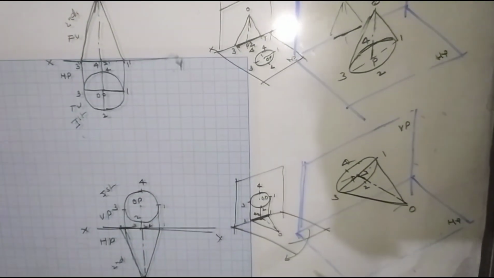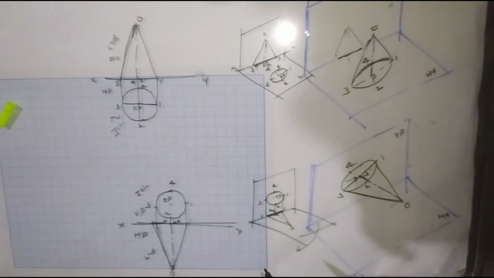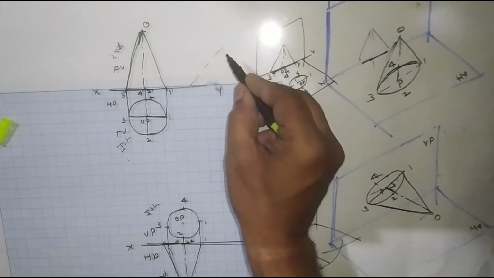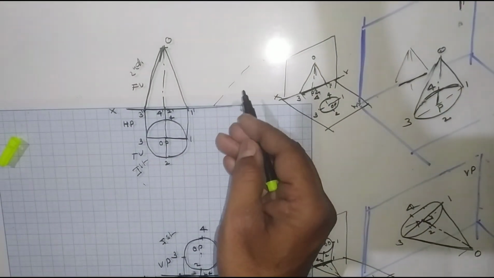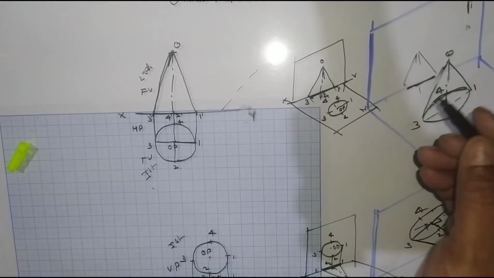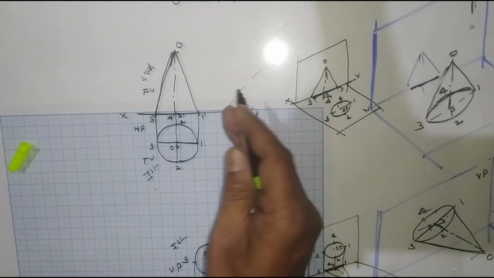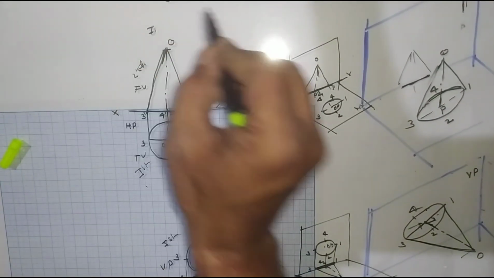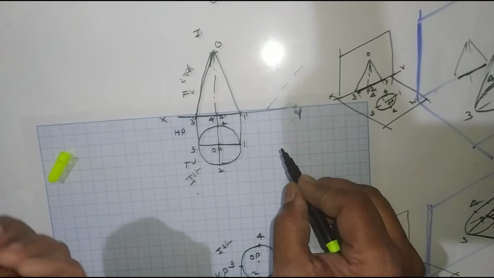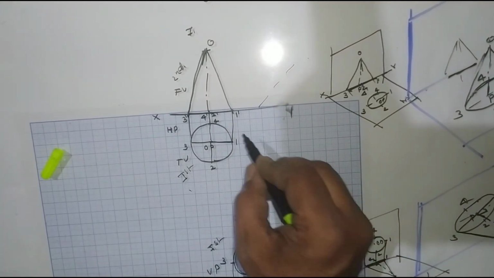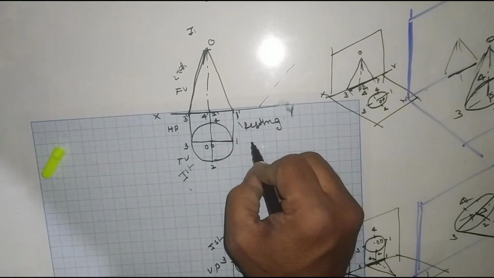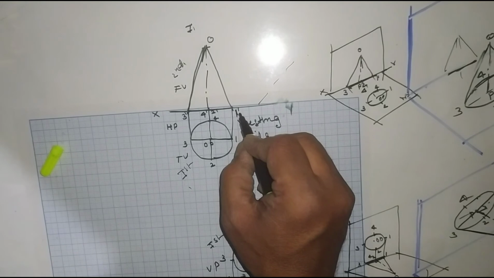How to name the points is very important, because in the next problems we have to study the inclination of the axis. So in the first step, to whichever plane the axis is inclined, we have to make it perpendicular to that plane. Now the axis is inclined to HP, so first you have to make it perpendicular. This initial condition is very important. In the plane we have taken the resting side on the left side, with point 1 on the left side. But in the solid we have to take point 1 on the right side, because this is the resting side. This is very important: on the resting side, we have to take point number 1 on the right side.